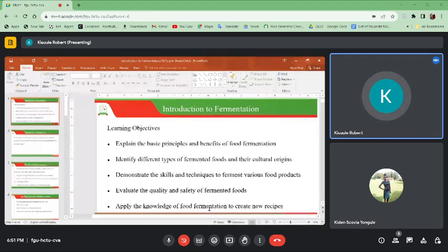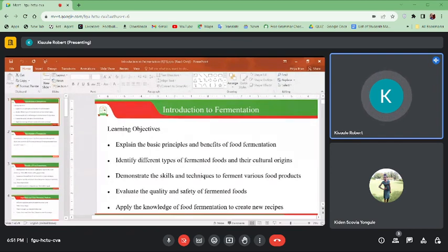Looking at fermentation, we are going to be introducing this topic. We understand we have been doing food microbiology, and we can't leave microbiology without talking about fermentation. Okay, and the learning objectives of this, we expect that by the end of the day, we'll be able